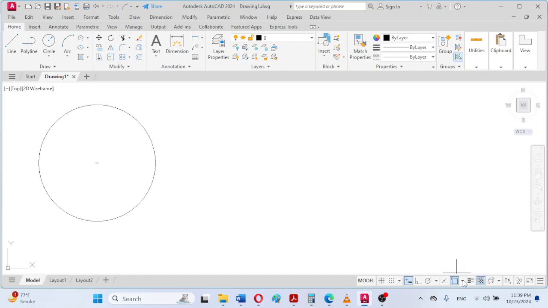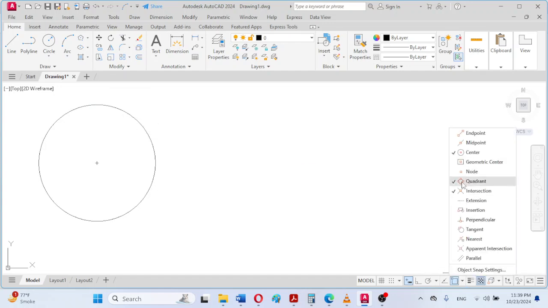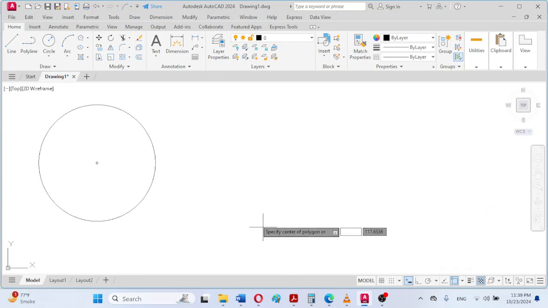Students at this stage make a mistake: they directly bring the cursor near the center. Remember that the center O snap will not usually be shown when we move the cursor near the center. Center O snap will be shown when we hover the cursor on the boundary of